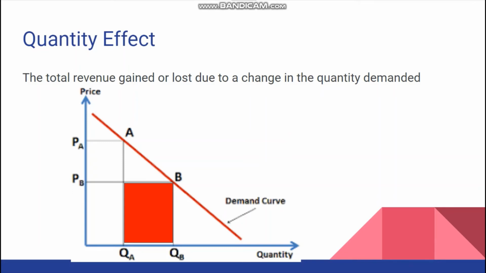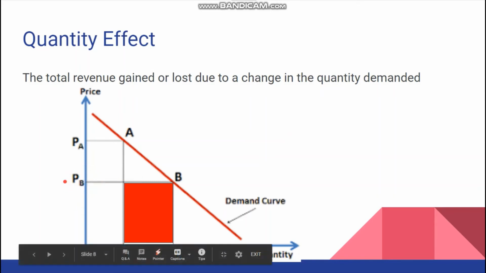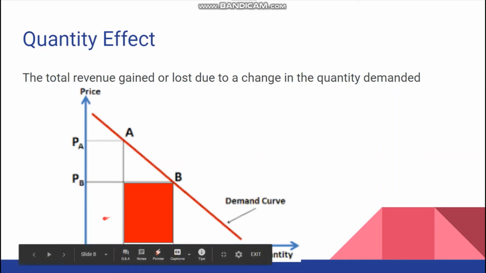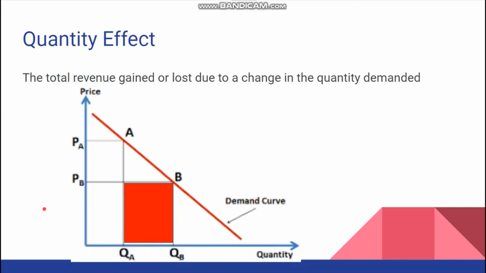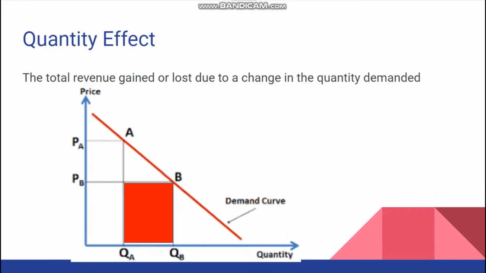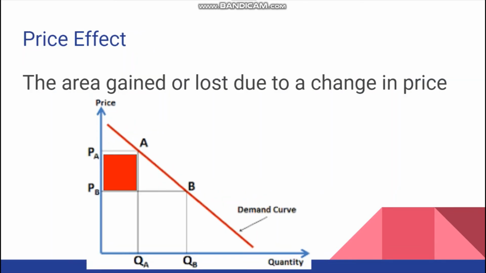We would have lost those consumers, so what that means is we're losing their money. Well, how much money are we losing from them? We're losing the amount that we were paying, PB. So price times quantity, this quantity, QA to QB, times PB gives us the quantity effect. And then we can compare the price effect and the quantity effect with one another. You can just see by looking at it, in this case, the quantity effect is larger than the price effect. That means that we lost money by raising the price. See how much bigger the quantity effect rectangle is compared to the price effect?